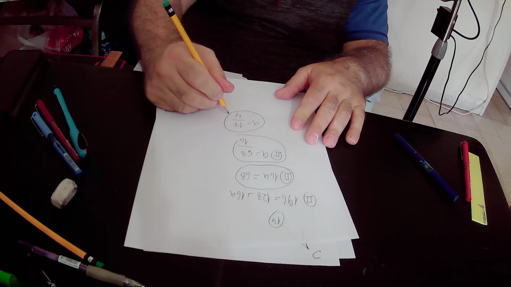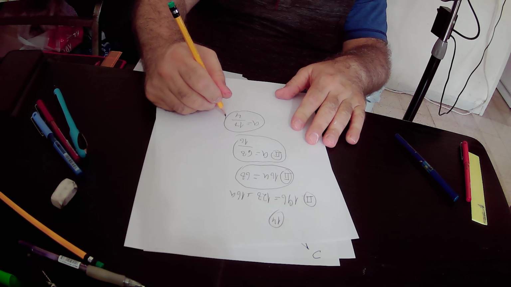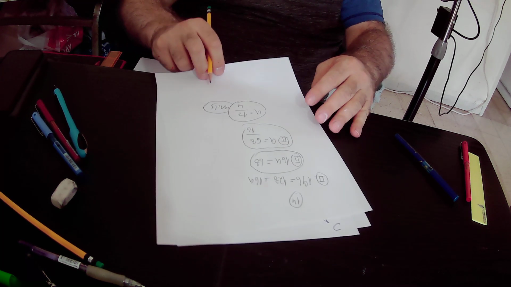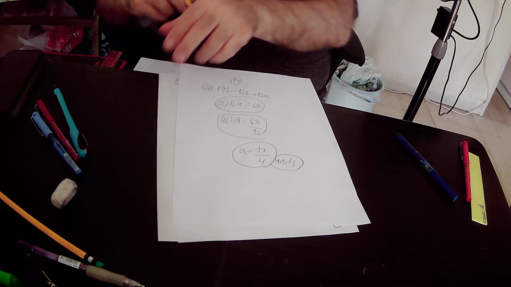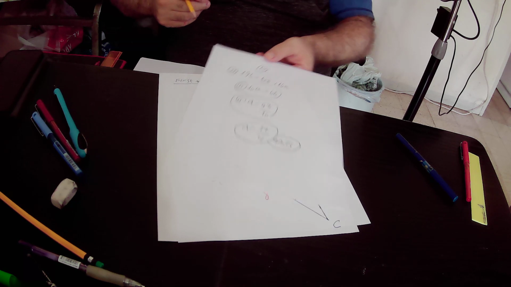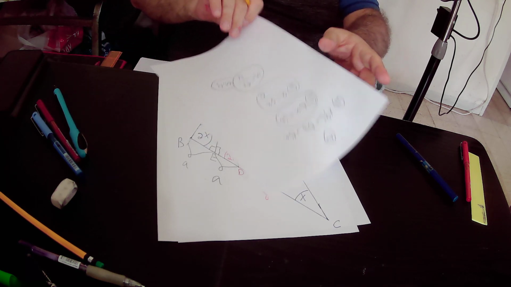So a equals 17 over 4 units. Okay, but we have equation number 1 that states